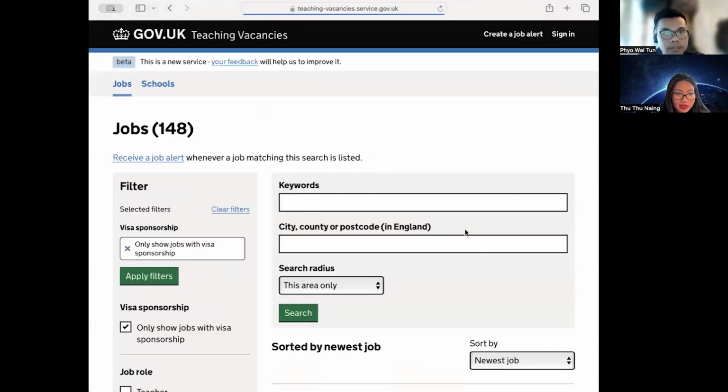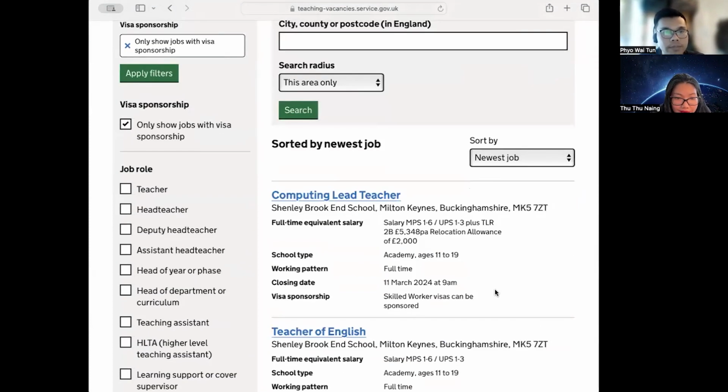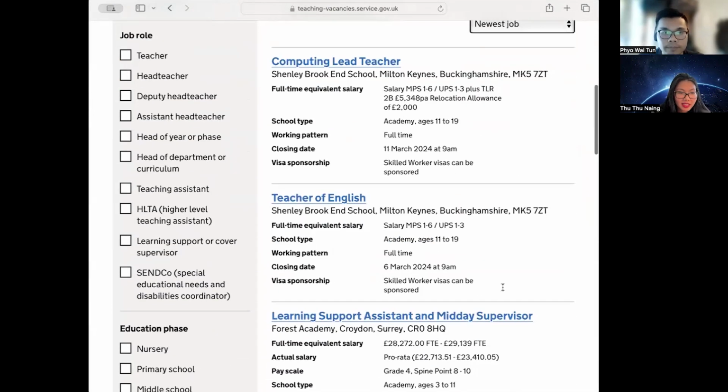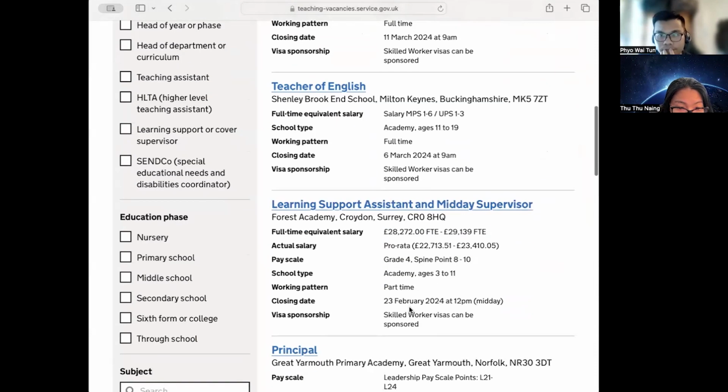Then apply filters. Here we can apply, for example, a teacher. Skilled workers. Here, teacher of English. Skilled worker visa can be sponsored. They usually sponsor visas. So learning support assistance. So another option is,